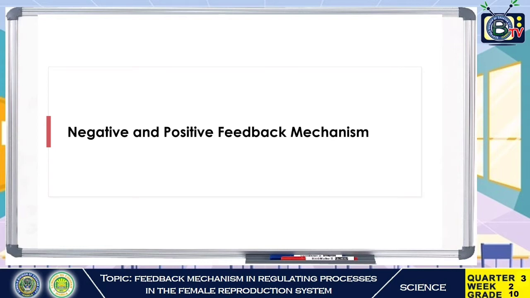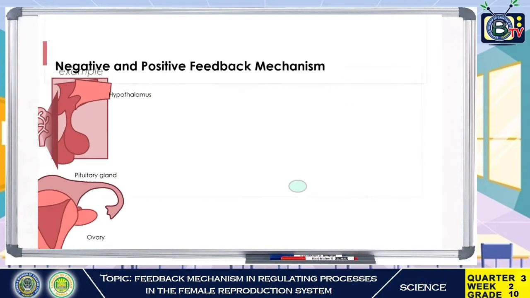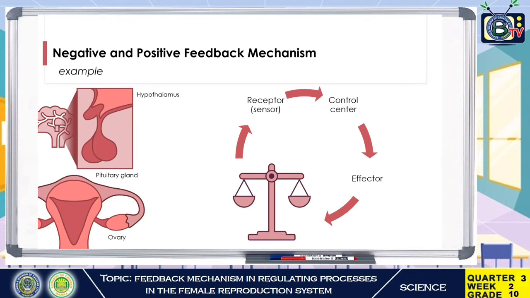Remember that positive feedback mechanism works to increase the production of a product, and negative feedback mechanism opposes the action by inhibiting or decreasing the accumulation of the product. Let us look at the illustrations. The first structure is the hypothalamus, which is the control center in the endocrine system. The hypothalamus sends messages to the pituitary gland, which is composed of two lobes, the posterior pituitary and the anterior